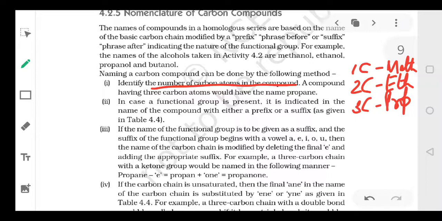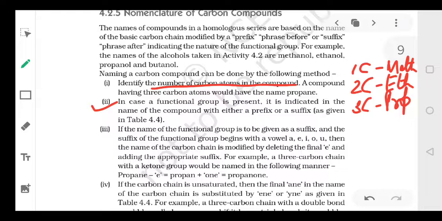So the first thing that we see is how many carbon atoms are present. Second is, we will see if there is any functional group. ठीक है, हम उसमें चेक करेंगे. हम सबसे पहले नंबर ऑफ कार्बन एटम्स चेक करेंगे, then we will check the functional group, which functional group is